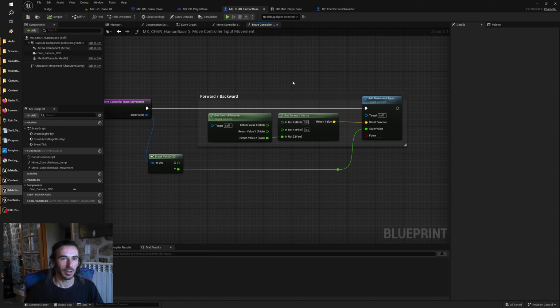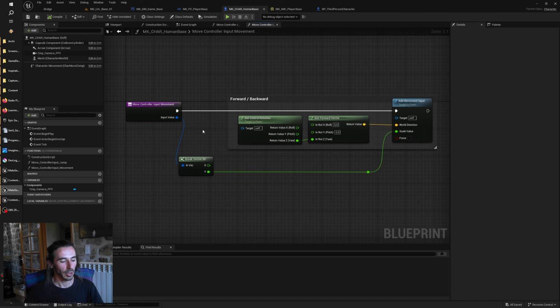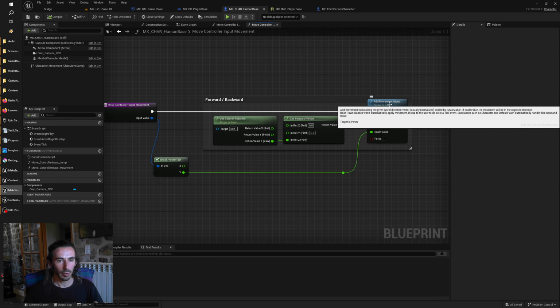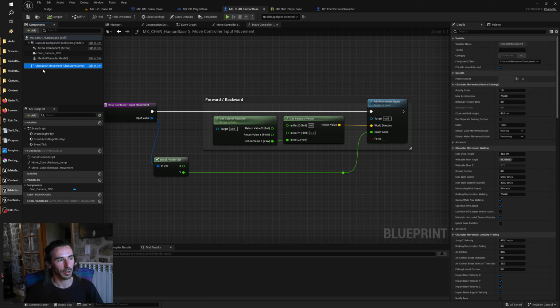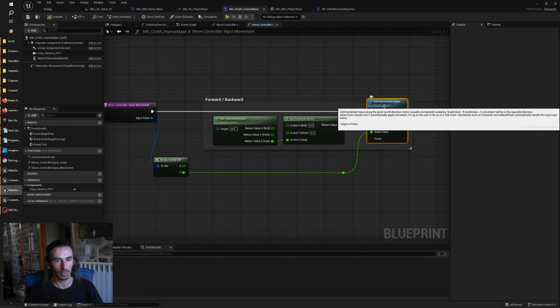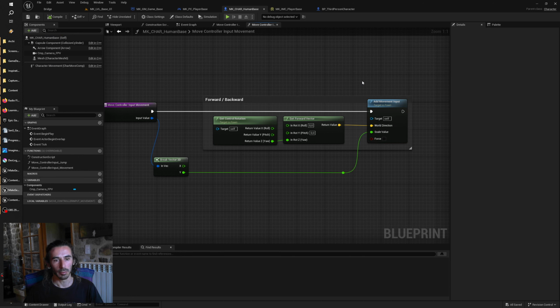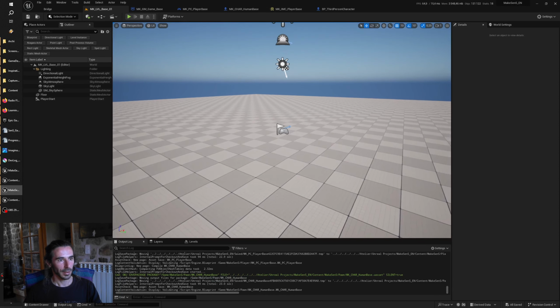So what is happening inside the third-person code? We have the inputs when we press a key or move the joystick, and we add movement. So it's very easy, it's already made. Because we have a character movement, or because it's a pawn, you can just add movement. But we need a direction, and the direction is actually the controller rotation and the Z value, so the horizontal rotation, meaning if we